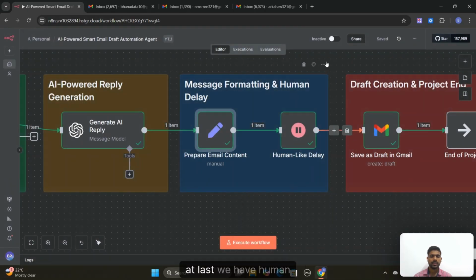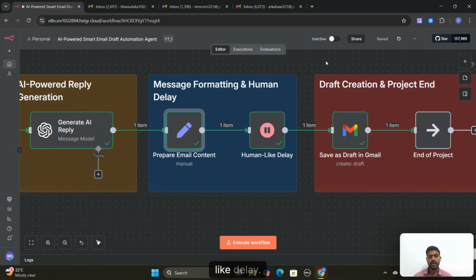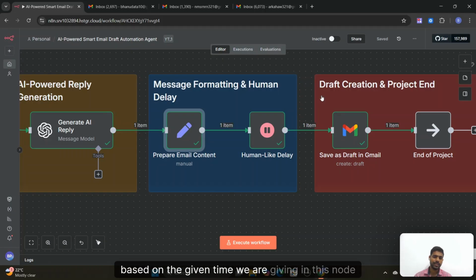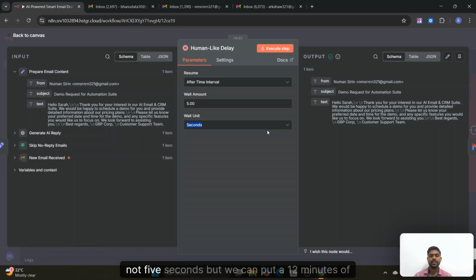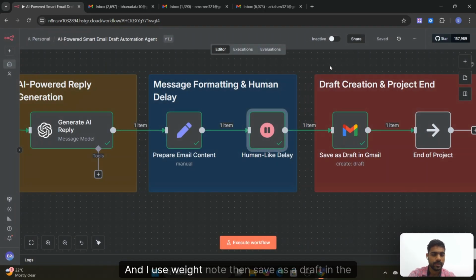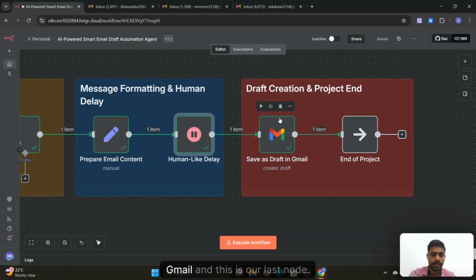And then at last we have the human delay. This is the wait node. The wait node will wait for some time based on the time we give in this node. I have given 5 seconds, but we can put 1-2 minutes so that customers and clients won't feel like this is a chatbot message. We have to make sure this feels like a human reply, and that's what customers should feel. I used the wait node, then save as a draft in Gmail, and this is our last